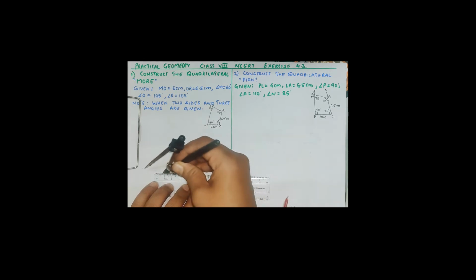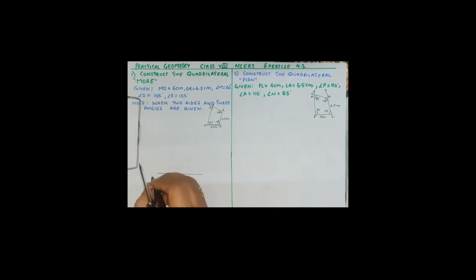This is 6 centimeter. Take MO 6 centimeter. Then construct angle 60 degree. Take any arc. The first arc is always 60 degree. Here first arc cut is 60 degree. Then the second arc is 105. Take any arc, cut first angle, first arc, then second arc,